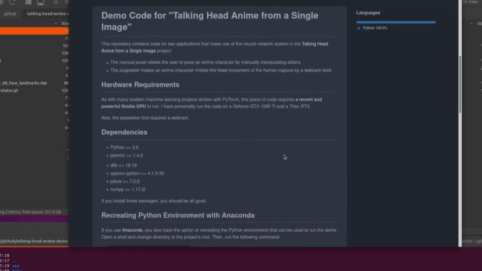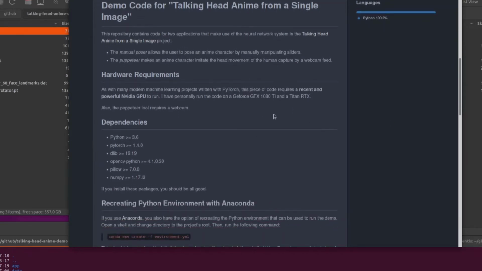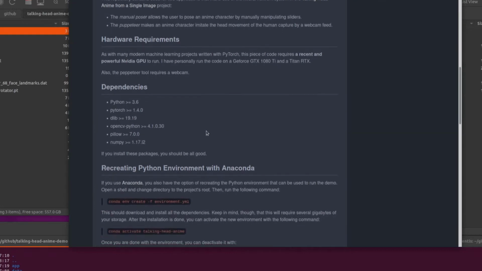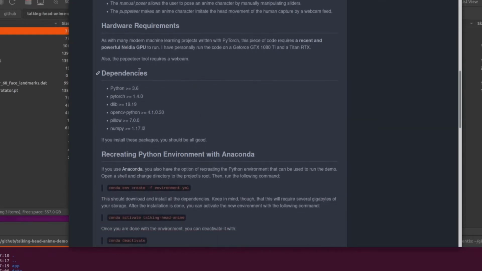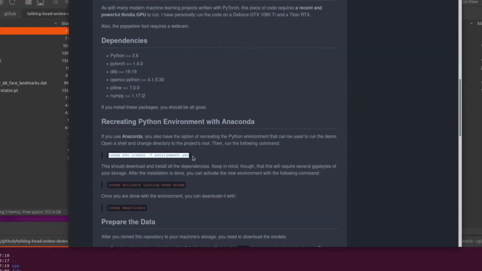Nice. Okay, so what are the hardware requirements for this? Well, you will of course need a recent, powerful NVIDIA GPU, such as a GTX 1080 or a Titan RTX. I am of course using one of the new RTX 3000 series. Ampere cards work quite nicely. So the dependencies are down there, but also nicely compiled together into an environment.yml file for you, ready to run conda env create -f